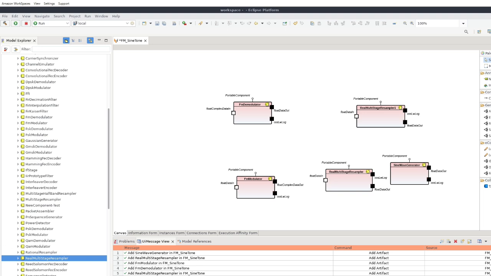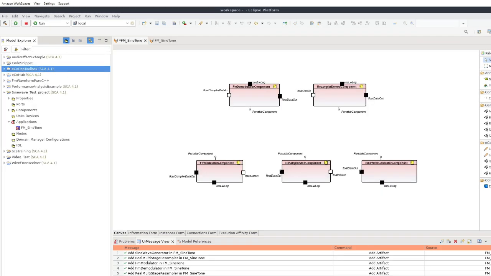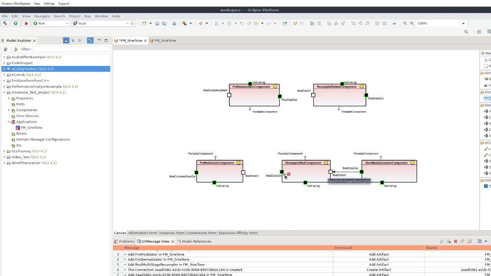Now we have on the canvas all the components with their signal processing that we will need for the application. Give me a second now to quickly realign the components on the ports so we can go to the next step and make the connections between them. Let's now make the data flow connections between the components, linking the output of a component to the input of the next one. Remember, all of those components are in essence black boxes with input, output, and control ports. Let's beautify the connections a little bit.